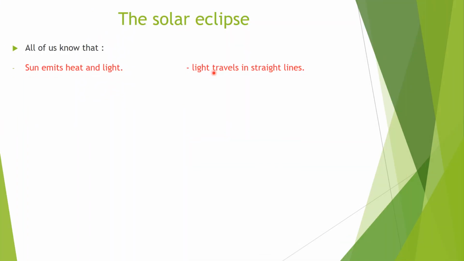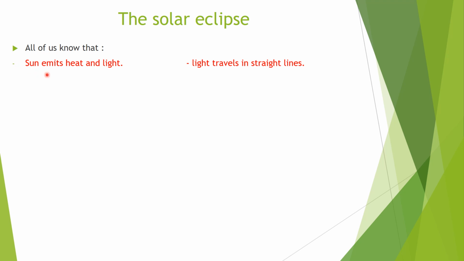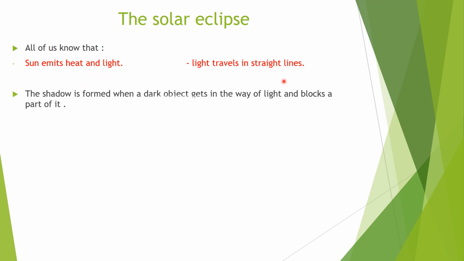All of us know that the sun emits heat and light, and also the sun is the main source of heat and light on earth. And also the light travels in a straight line. The sun emits heat and the light travels in straight lines. And we know the way of the formation of the shadow. Shadow is formed